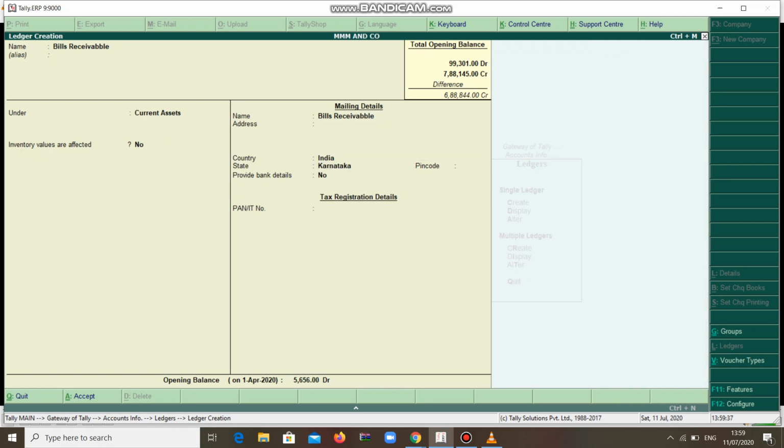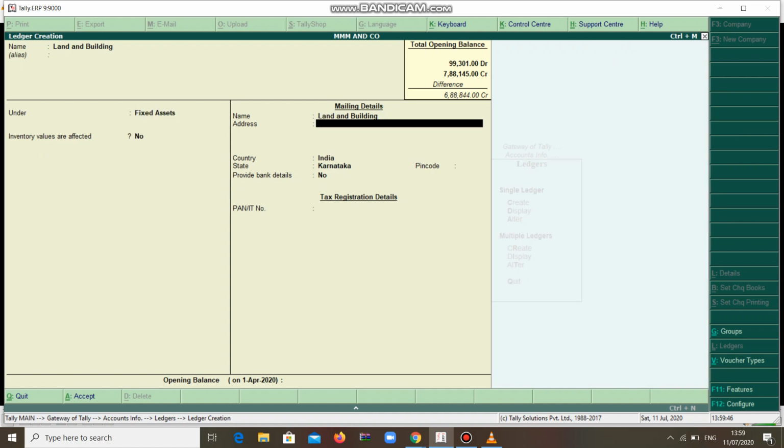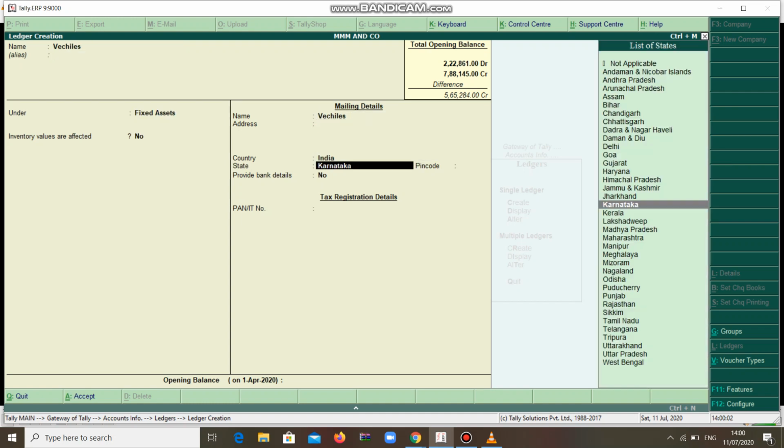Next, fixed assets. Fixed assets are land and building, fixed asset. Say I am giving amount 25,000. Trademarks. Then you can take vehicles as fixed asset, with amount.